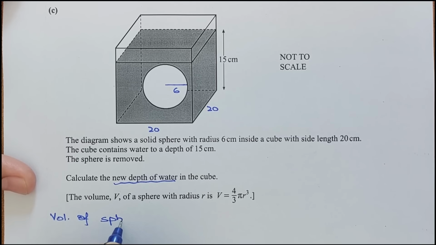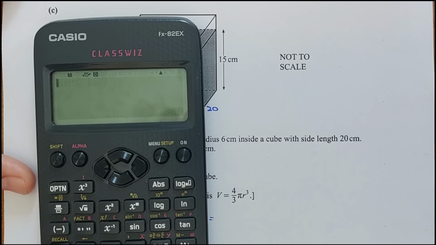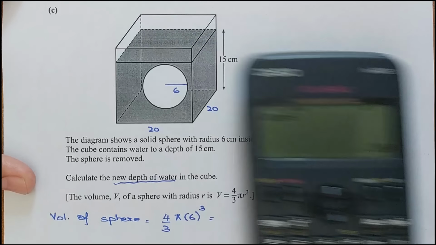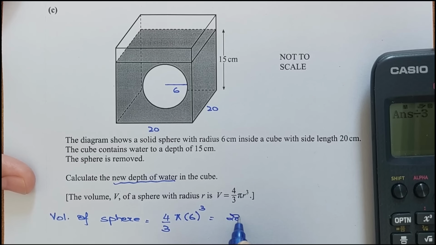which is inside the cube. 4 by 3 pi r cubed. Radius is 6 cubed. So that is going to be 6 cubed times 4 divided by 3, 288 pi centimeter cube. Now let me calculate the volume of water